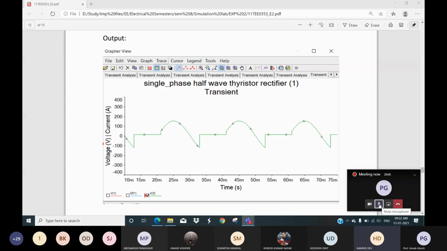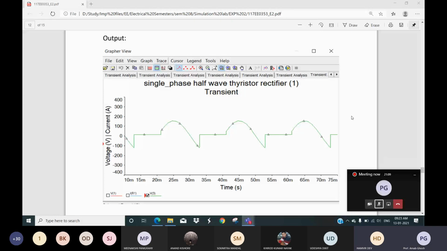This output waveform is for RL. This is for RLE. No, this is for RL, I think so. Sir, RL.